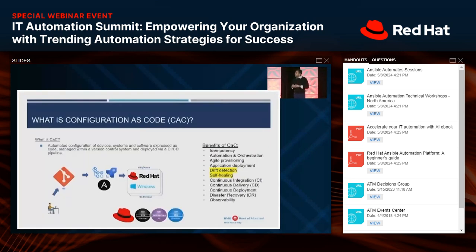Drift is an undocumented or unapproved change that is happening in an environment, and that is called configuration drift. Basically, it is deviating from the baseline that you want your environment to be at, and that's a drift. It can cause significant application performance issues, or it can also even have security implications in the environment, and that can happen even through just a simple human error, or it can happen through some malicious activity in the environment.